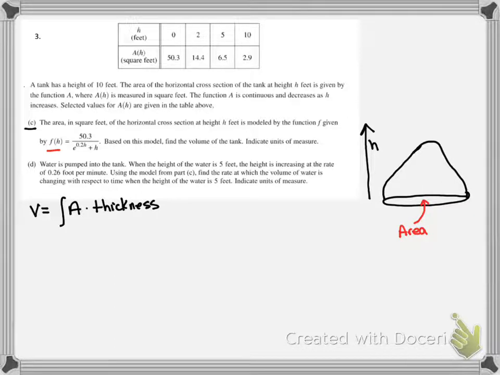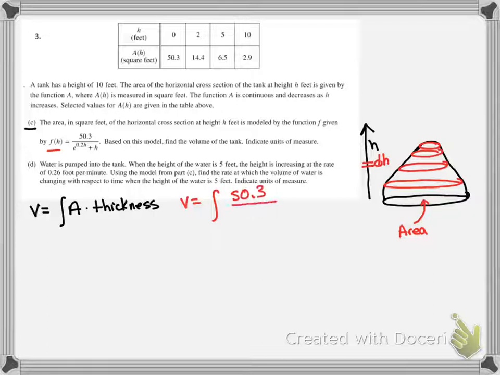Based on this model, find the volume of the tank, indicating units of measure. As we go up, our height changes. So if we were going to sum up all of these various areas, we can think that our thickness would be dh. And so volume is always area times thickness. In our case, our volume will be the area function,